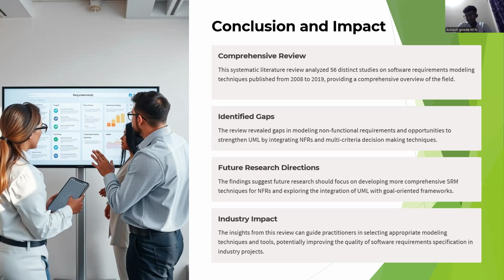and exploring the integration of UML with goal-oriented frameworks. Industry impact: the insights from this review can guide practitioners in selecting appropriate modeling techniques and tools, potentially improving the quality of software requirements specifications in